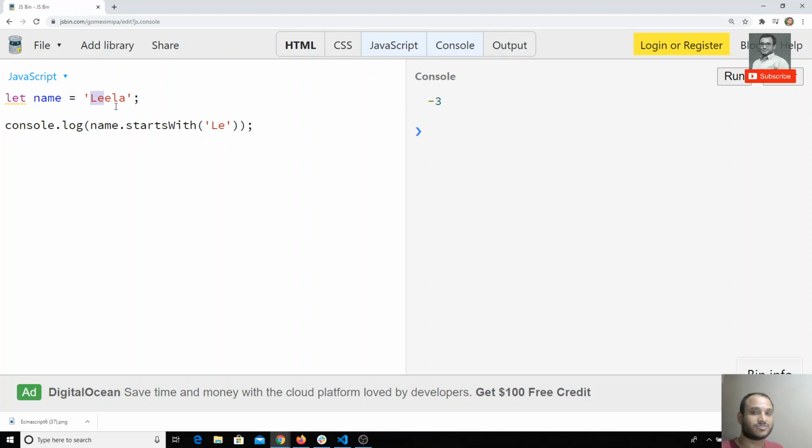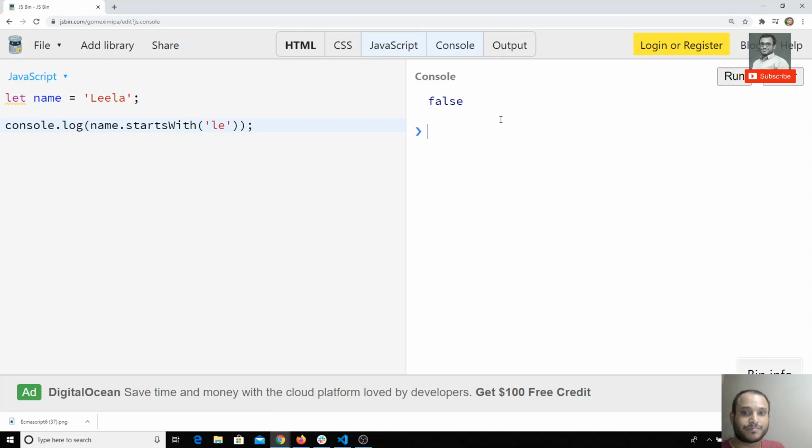My name starts with Le, so let's see whether it returns true. If I run it, I'm getting true, so that means it is checking that. Now I will check whether this follows case sensitivity or not. If I write lowercase "le" and run, I'm getting false.